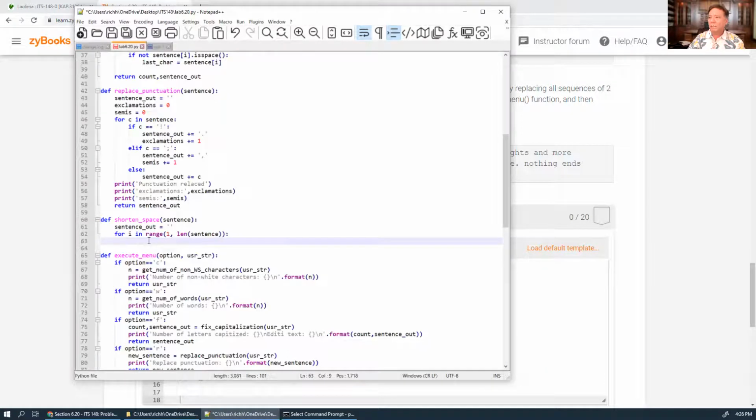Because I'm starting with, if it's not true that that sentence of I, if it's not true that it's a space, and it's not true that the character before it, no, and